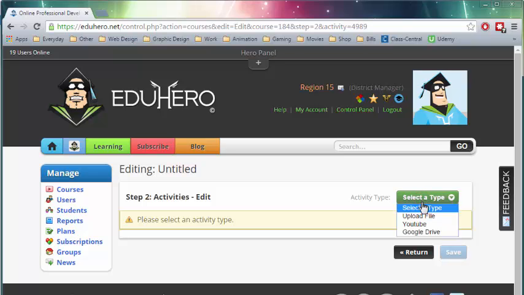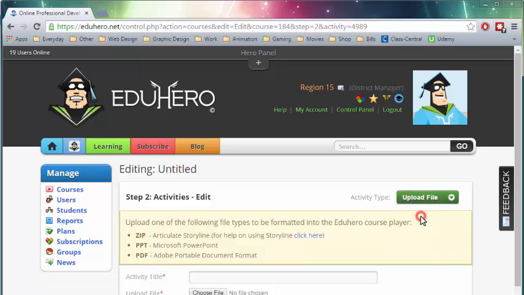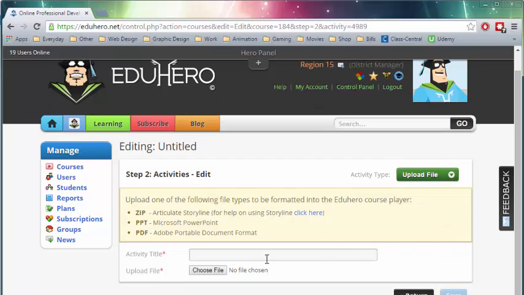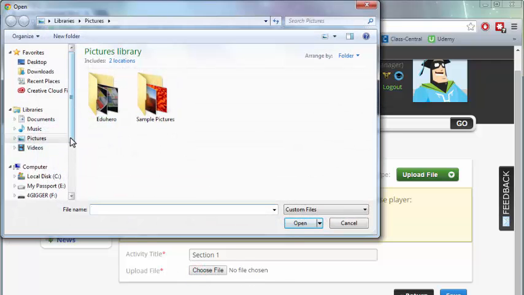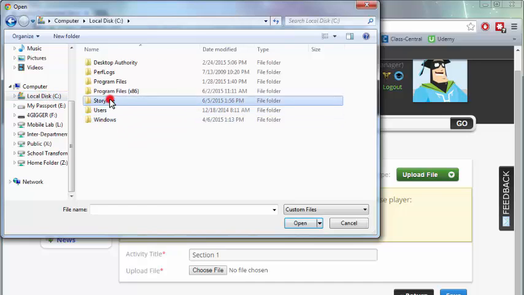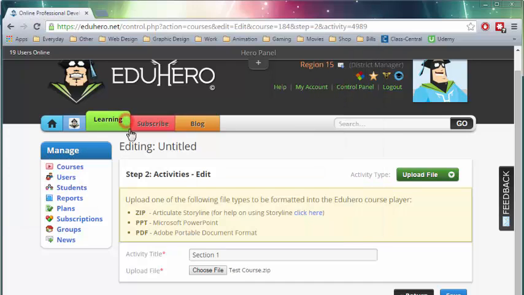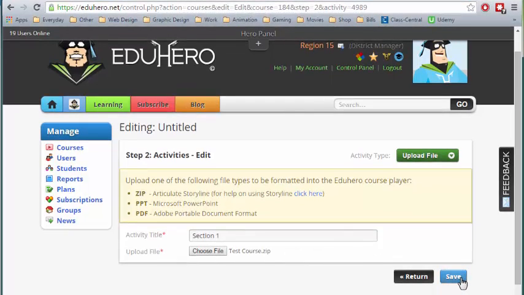and then select the type, and it's going to be upload file because we're uploading that storyline file, the zip file. So there it is. It's instructing zip articulate storyline. You want to name your activity, probably whatever section of the course it is. So this is like section 1. This will show up in the course player. So you need to probably make some sense of that. Now the upload file, that's where you go ahead and select the zip file that had just been created. So once that's good, hit save,